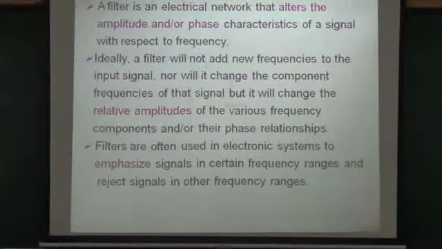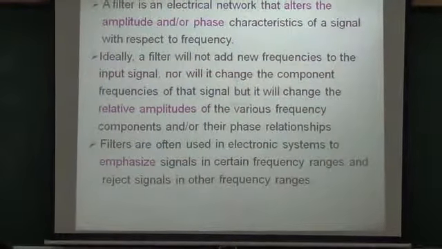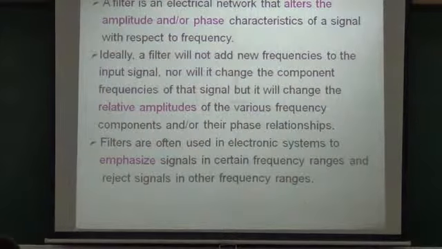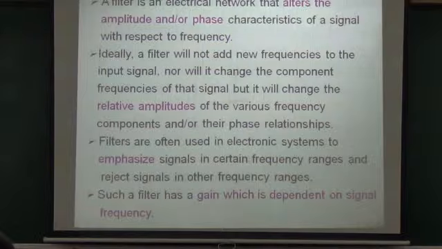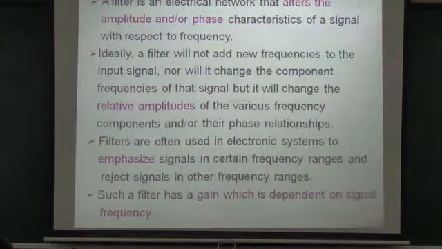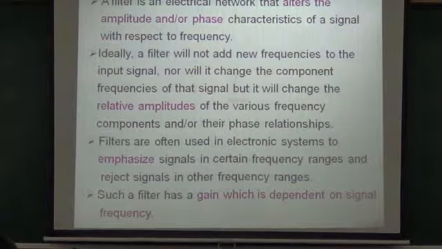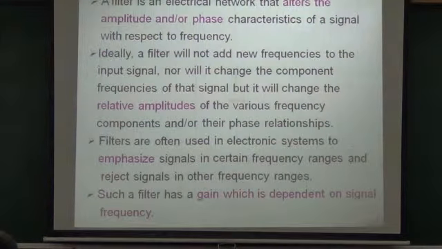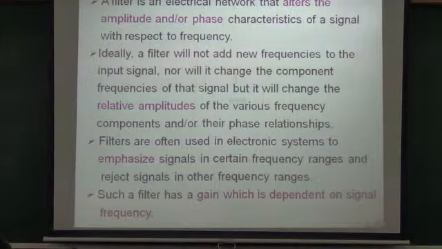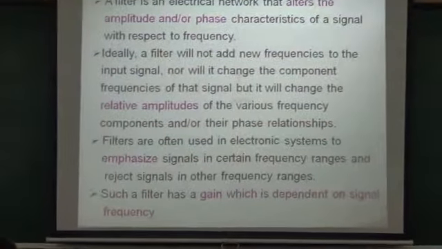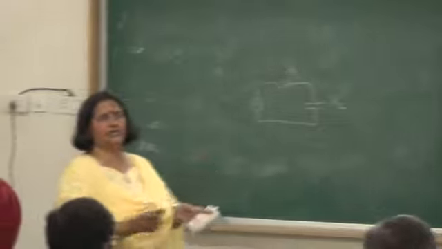That amplitude will be more and remaining all will go to almost zero. So here I want something where gain should be dependent on the signal frequency. Then only I will be able to alter. I will drop the gain of frequencies I don't want, and I can amplify the gain of the things I want. So you give emphasis to the range which you want,